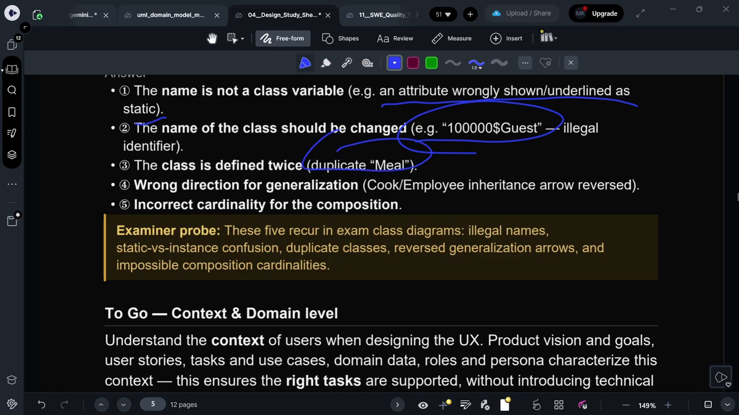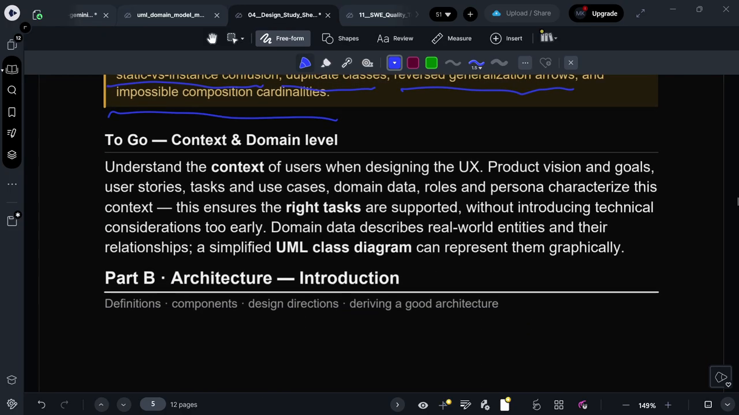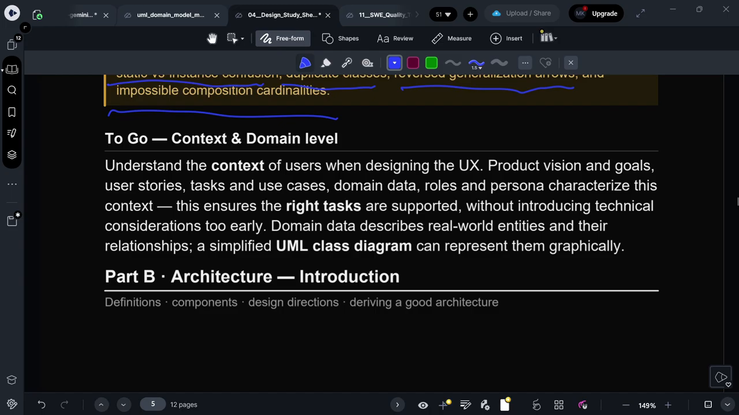The wrong direction of generalization: the cook employee inheritance arrow is reversed. So this is also not right. Incorrect cardinality for the composition. These 5 reoccur in exam class diagrams: illegal names, static versus instance confusion, duplicate classes, reversed generalization arrows, and impossible composition cardinalities. To go to context and domain level, understand the context of users when designing the UX: product vision